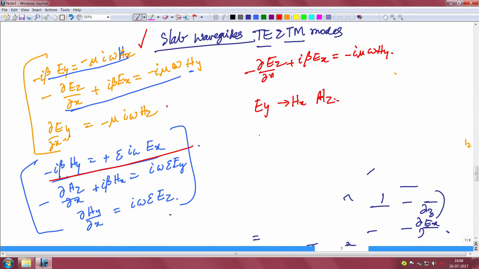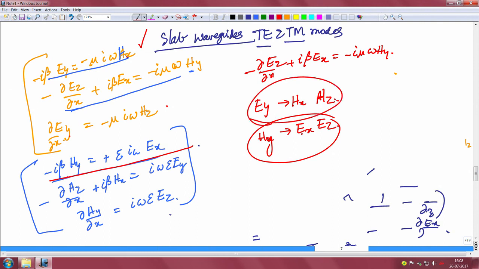Similarly, the Hx component can be related to the Ex component and Ez component. So, the conclusion is that we can group the fields in terms of Ey, Hx, Hz, and the Hy component in terms of Ex, Ez. So, these equations can be split distinctively into two groups, one containing Ey, Hx, Hz and the other